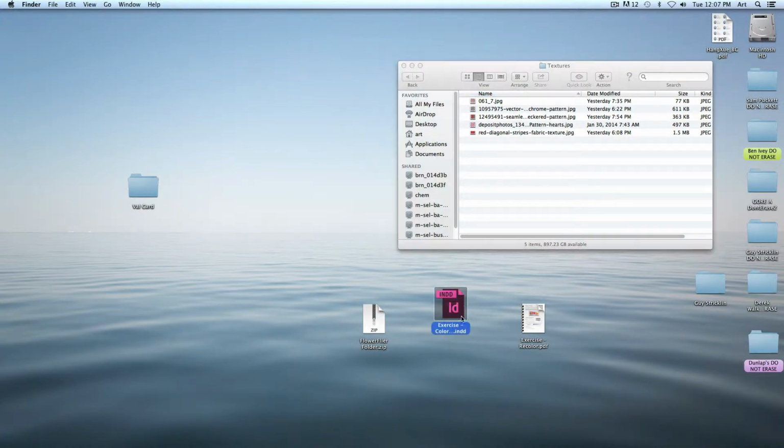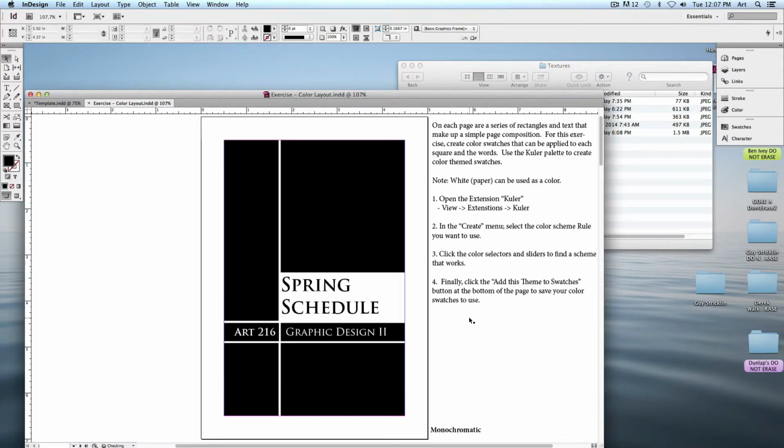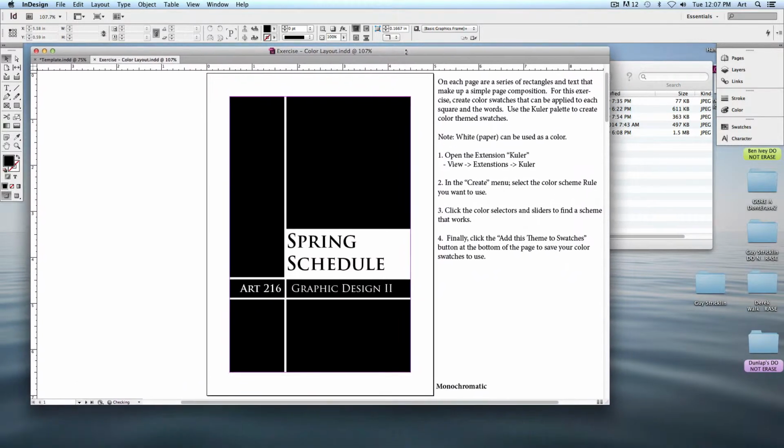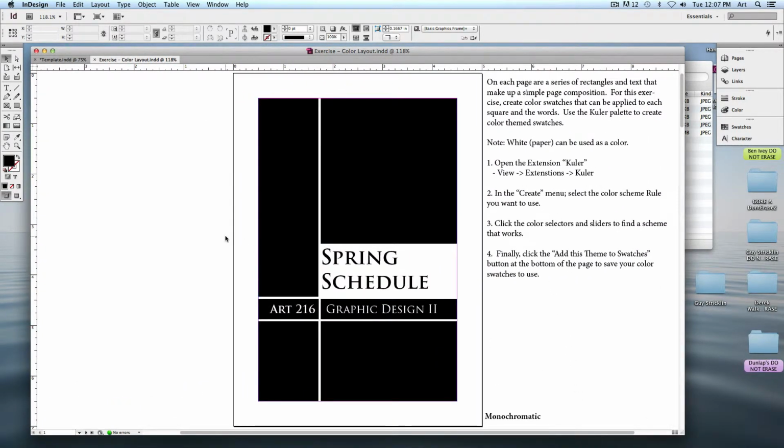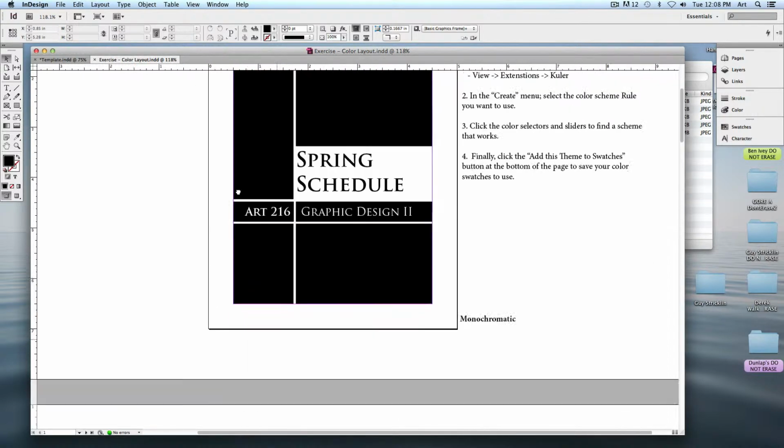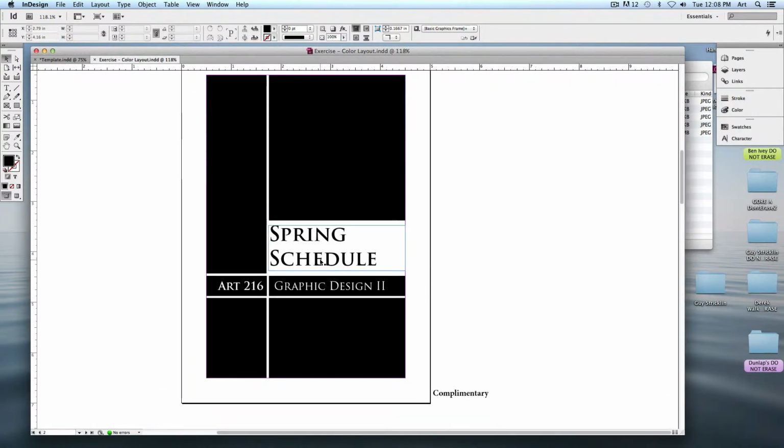So for the first one, exercise color layout. This is going to continue working with the different color schemes, in particular just using InDesign to lay out something with the color scheme. Now last time you had to visually create a color scheme. So if I said make something that's monochromatic, you had to go in and pick your colors that were all monochromatic. If I said make something that was complementary, you had to have your color wheel open and be looking